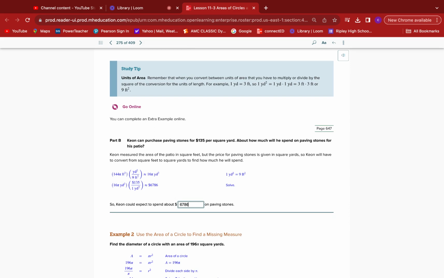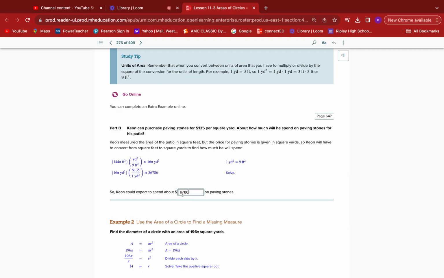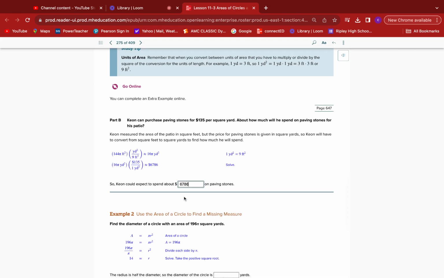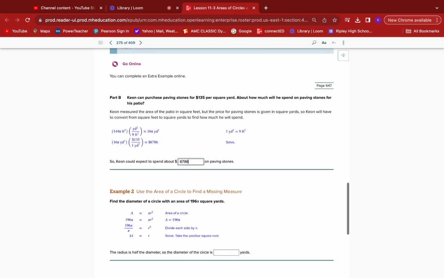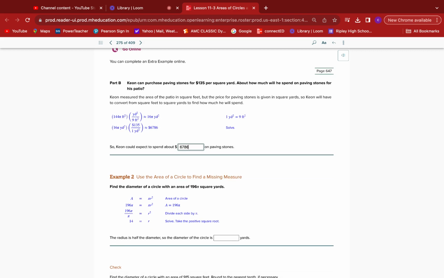Where I am, everybody is in Tennessee. It's almost 10% taxes, so you're going to have more money to put with that $6,786. Looks like we're done with example number 1. And I had to turn the page, I guess, to get to the next part, didn't I? All right, so example number 2, next page,